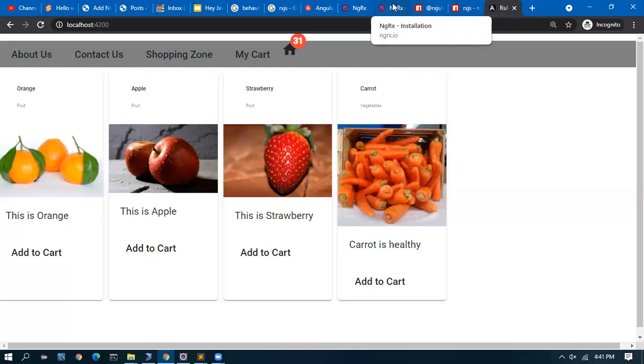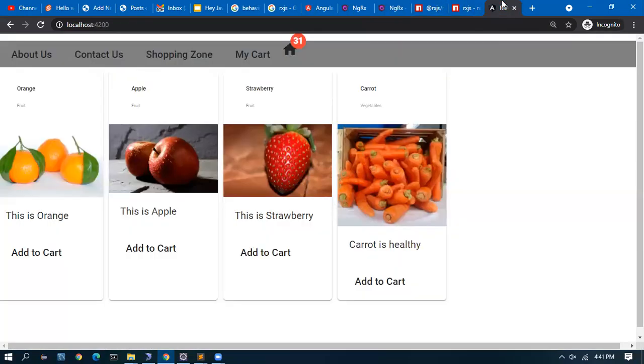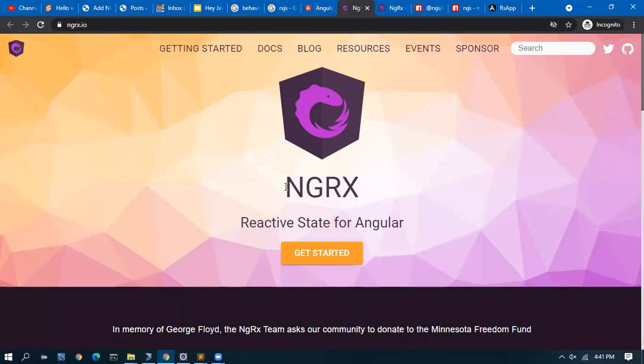That is a very important concept which is used everywhere in the UI industry now. Reactive programming is the latest stuff. So we use NGRX, which is an Angular package for the reactive.